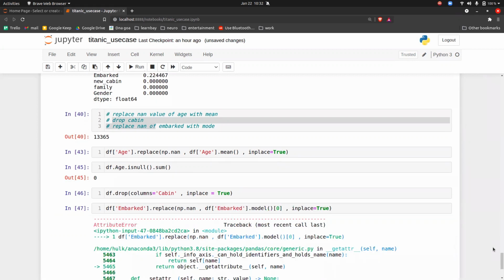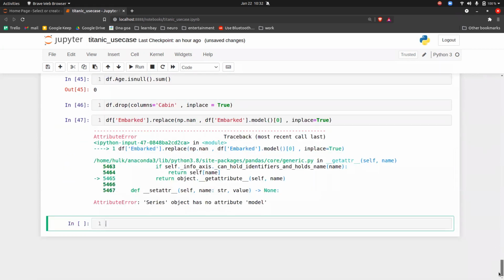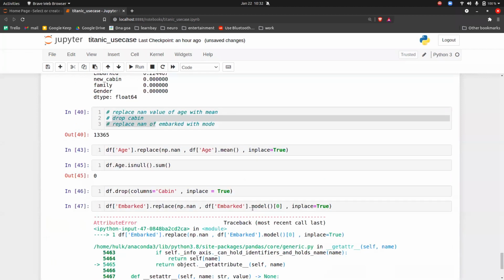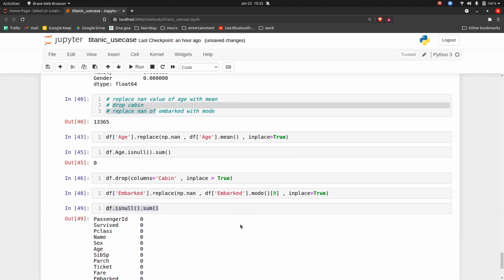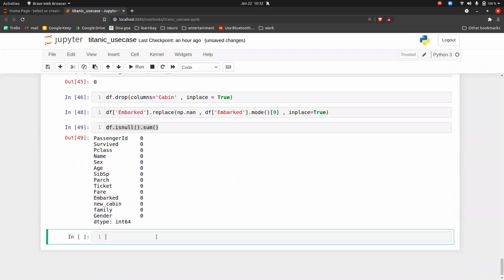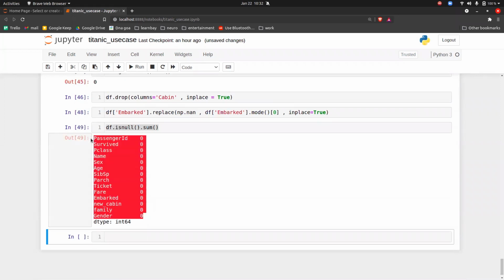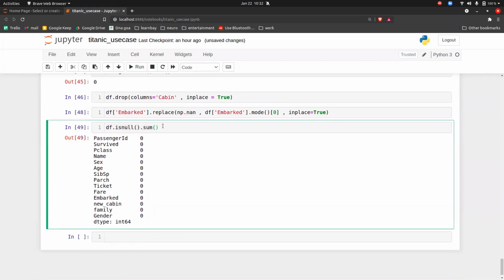Executed. Okay, let's see what is the problem. Series object has no mode. Okay, sorry. Now you have done all three ways. Now if you do df dot isnull dot sum and execute it, you will see you have clean data where you don't have any null values.